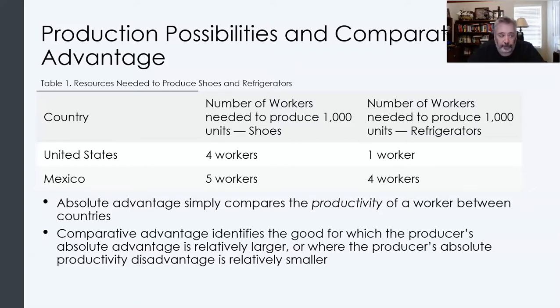Fridge production. The United States can produce 1,000 units with a single unit. How much can Mexico make with a single unit? Well, 4 workers make 1,000. So 1 worker would make 250. All right? So I have taken the data they provided me in an input format, and I have turned it into